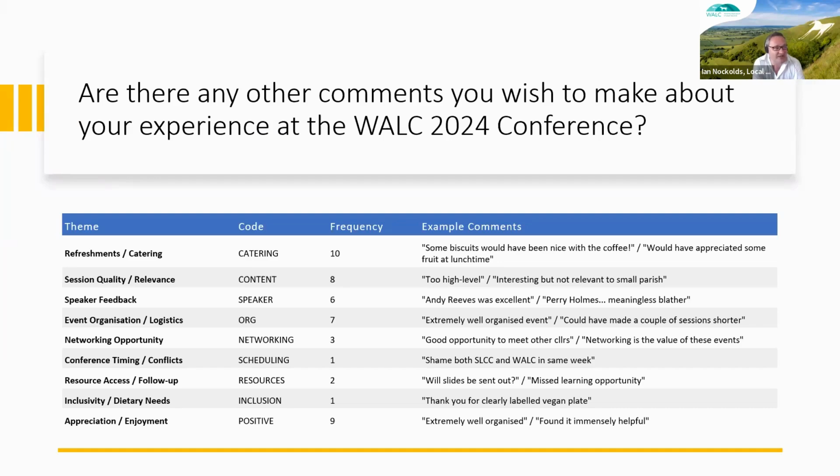I have to say, it produced this in about, I don't know, 20 seconds, and it is pretty impressive. It's grouped all of the comments together. It's given me a code. It's allocated me a code. It's identified a frequency. So if I wanted to, I could still make a pie chart if I absolutely had to. And most importantly, it's given me some example comments, because when you're building a code frame, I always feel that it's a very individual exercise.